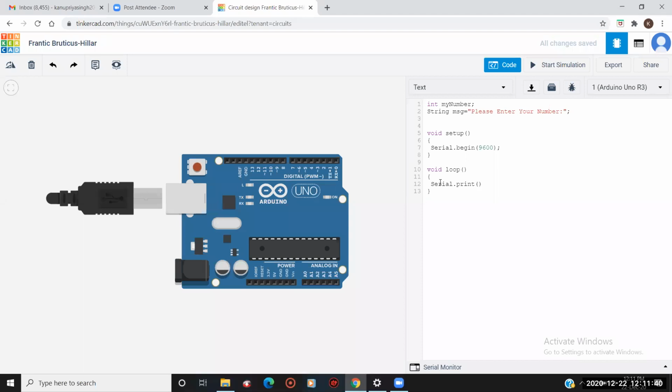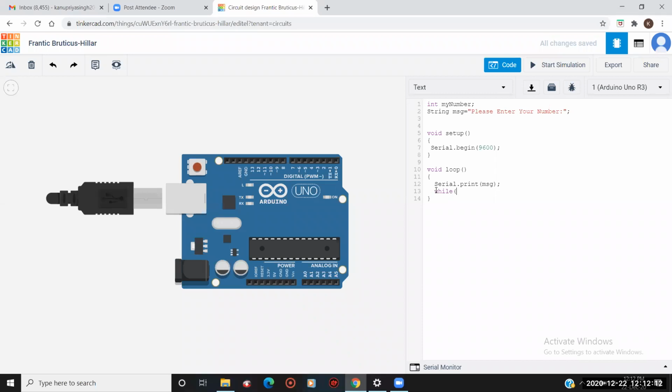So what will I do? I have to write in the bracket whichever variable is containing that value. Which variable is that? The message variable. So I'll enter the message variable here and then terminate the line. Now, after it, I am going to use a very excellent function, a while loop.